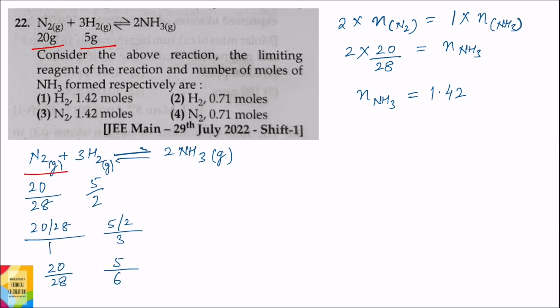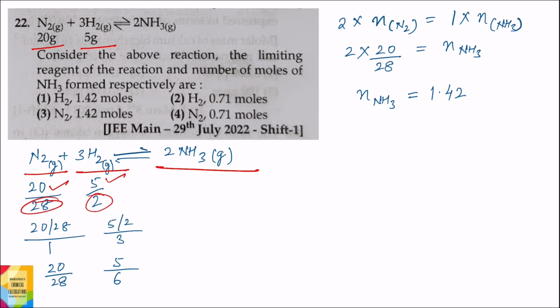तो reaction है nitrogen plus 3 moles of hydrogen forming 2 moles of ammonia. अब weight of nitrogen and hydrogen given है, तो weight of nitrogen को divide कर देंगे molecular weight of nitrogen से, which is 28 gram per mole. We get moles of nitrogen. Similarly, weight of hydrogen को divide कर देंगे molecular weight of hydrogen, which is 2 gram per mole, and we